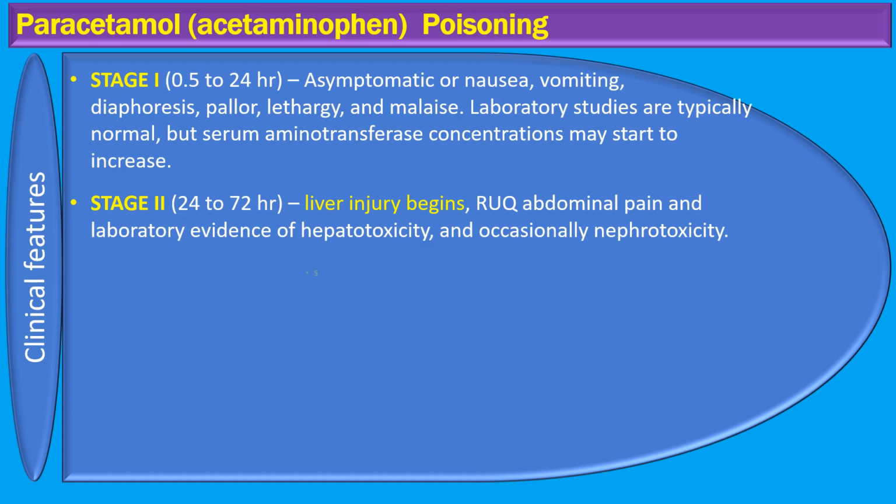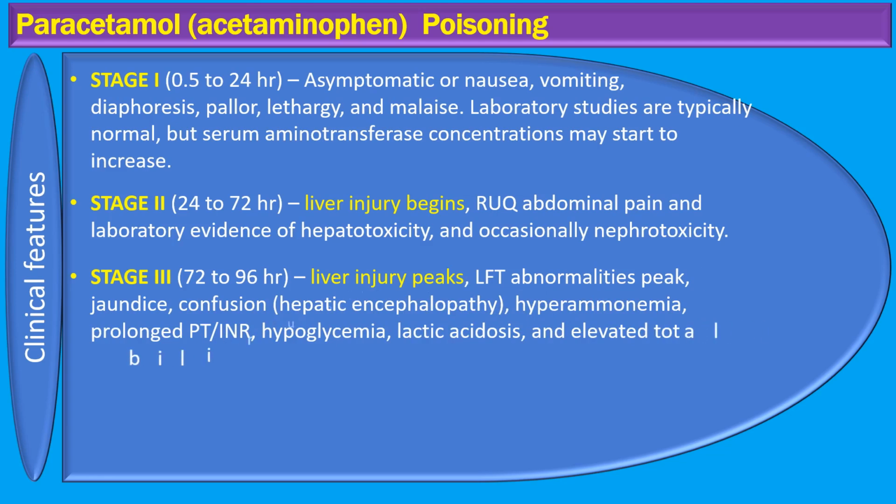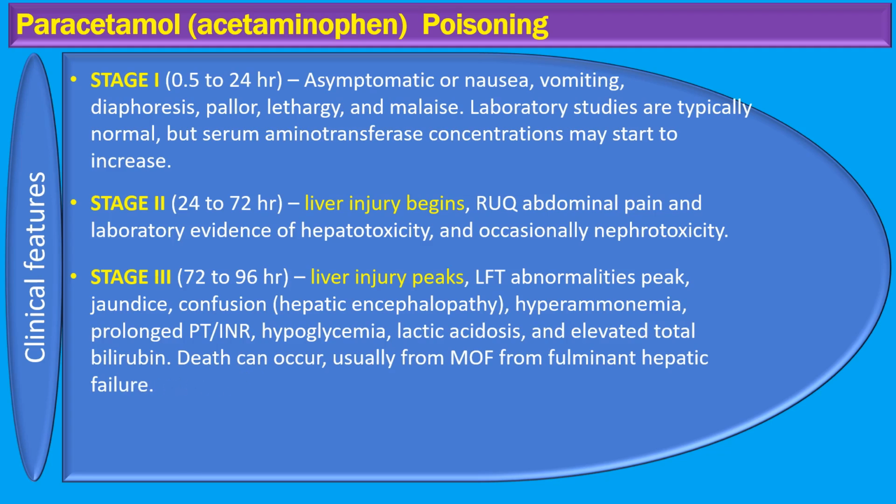As we move into the second stage, from 24 to 72 hours after the overdose, the real impact on the liver starts to become apparent. Initially, patients might seem to be getting better as the early symptoms subside, but this is when we need to be vigilant. Liver enzymes, such as aspartate aminotransferase and alanine aminotransferase, begin to rise, signaling hepatotoxicity. More than half of those affected will show elevated liver enzymes within the first day, and by 36 hours, this will be evident in all patients with hepatic injury.